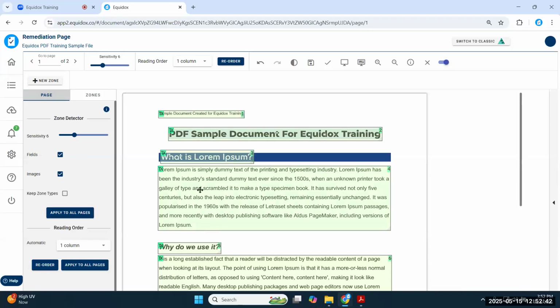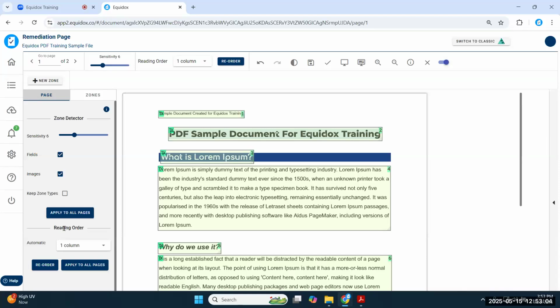If you start adjusting your zones and then go backwards to your slider, it's going to reset a lot of the work that you've just done. So you don't want to undo all of the nuanced changes that you made to the zones. You want to retain those. So use the slider first and then start making the more precise adjustments.